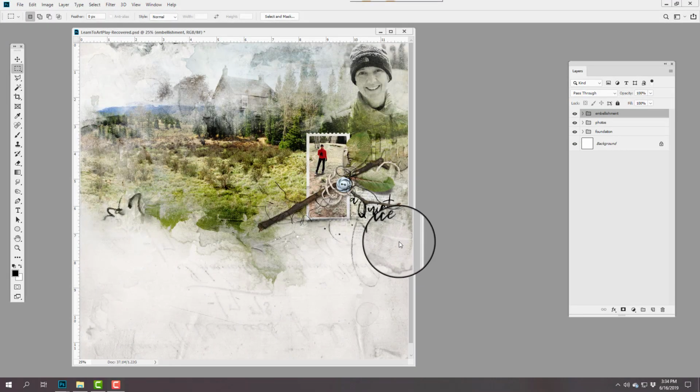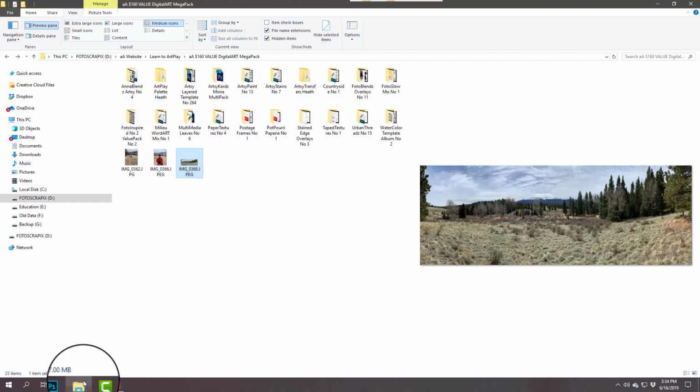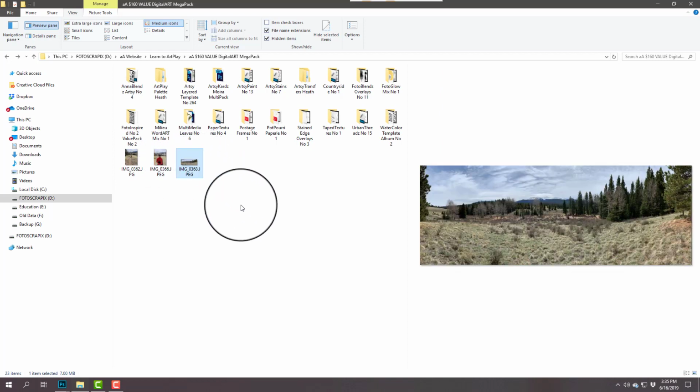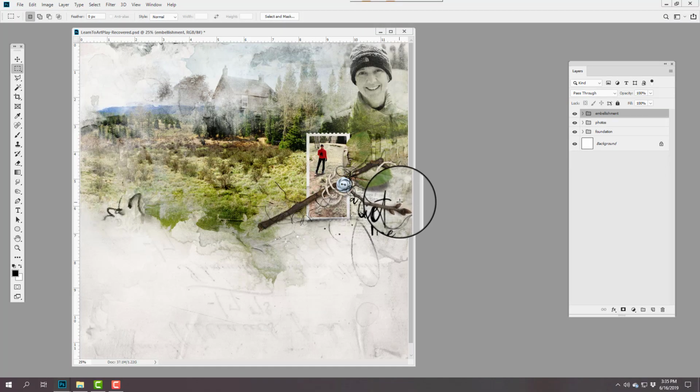We're now going to use some of those techniques, adding in a few new ones with some of the digital art supplies that you received as part of your digital art mega pack. And I'm also going to be using 3 photos from a recent camping trip last month. We're going to be combining those, of course, in Photoshop in order to recreate the layout that you can see